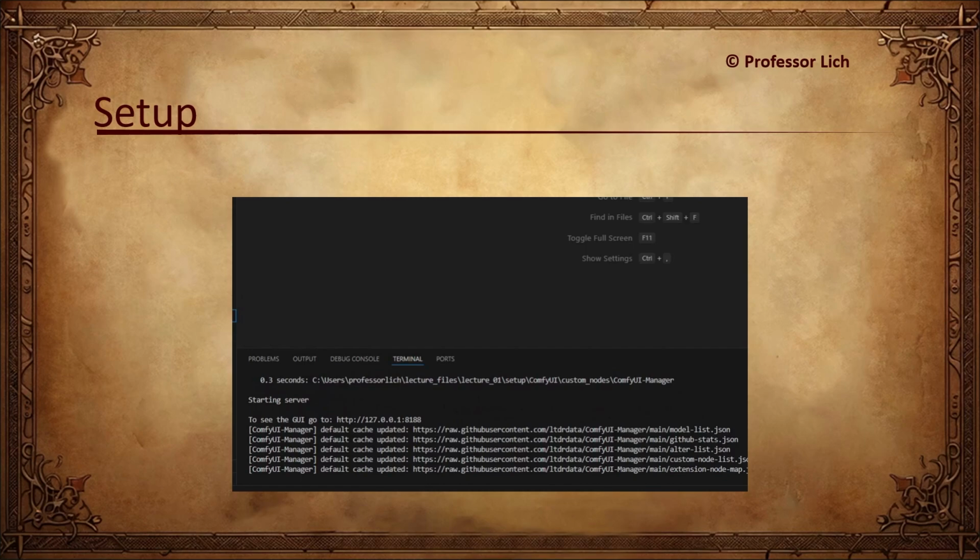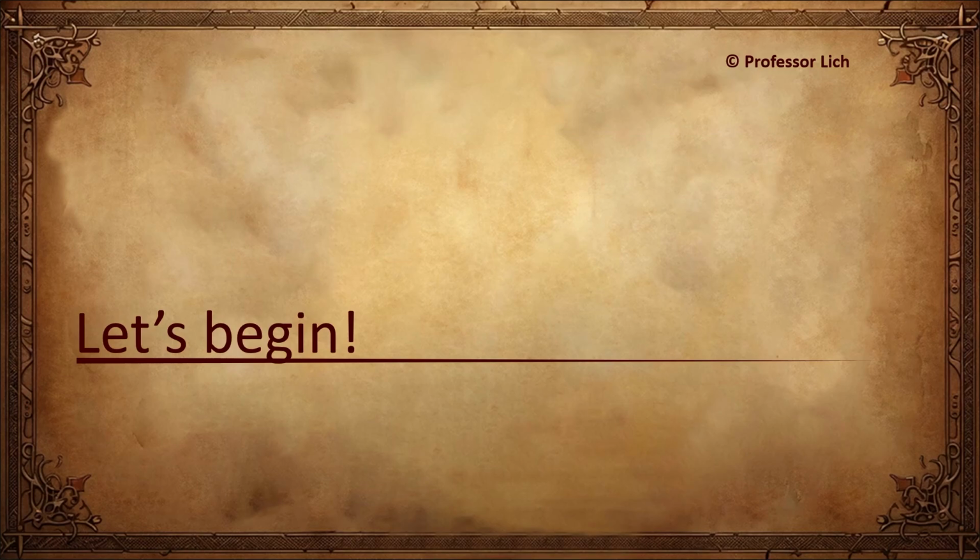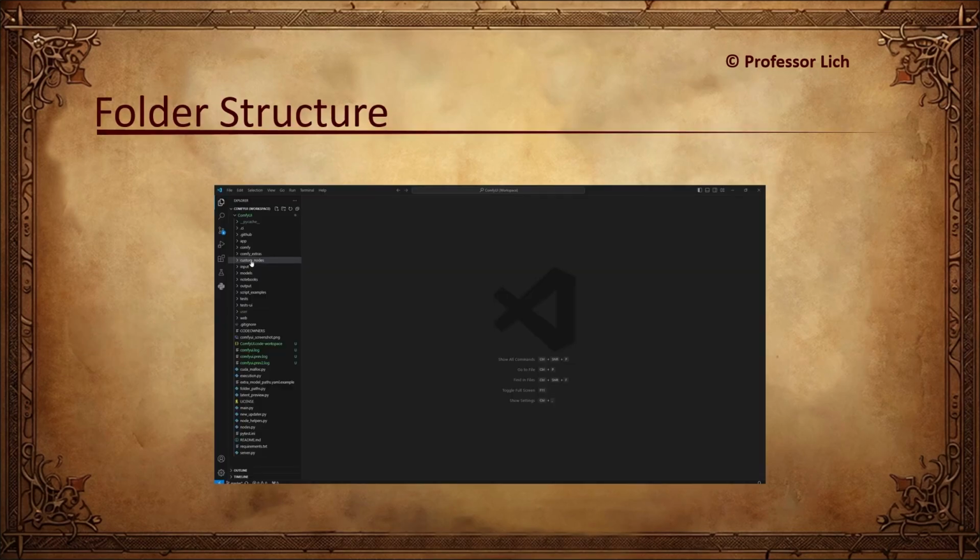I don't use Venv. I use Anaconda as an environment, so I'll also share my setup files there, if that helps. Assuming you've set all that up, you have opened Visual Studio Code, you have opened Comfy. This is what you see in front of you.